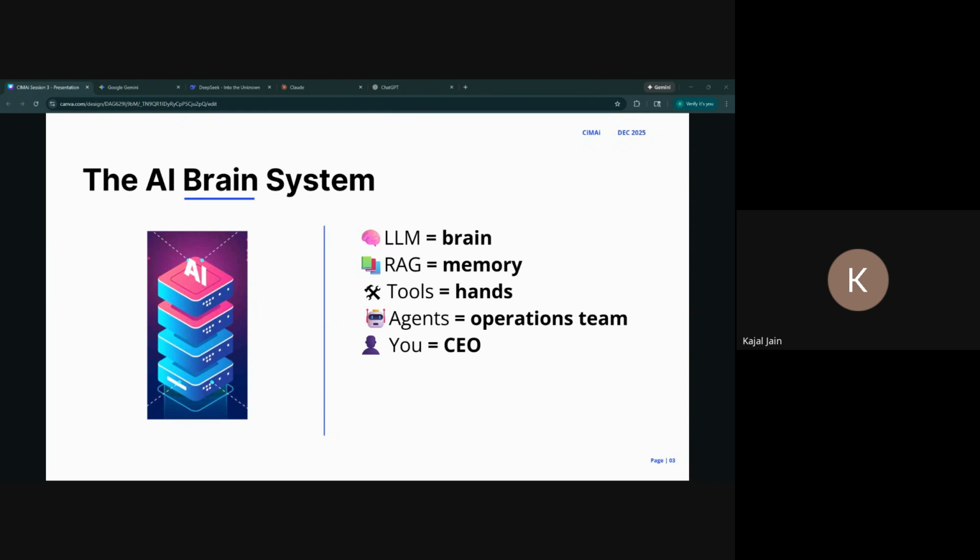Then we have agents itself, which are the operating system. And then we have you, and we are the ones who get to direct how the entire system operates. And it's primarily through prompting, unless you're building your own AI system from scratch. So again, we'll learn how to use AI systems so it thinks and performs just the way we need it to.